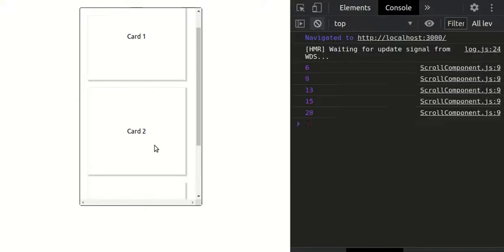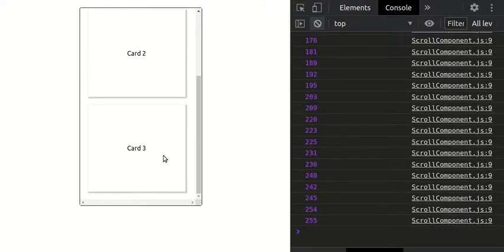So yeah, as you can see, card number 3 is added, and now our scroll bar is at the very bottom, and at this stage just check the value of the top scroll position. It is 255. So you just need to think about the logic by looking at these numbers. So we are getting 255. So why are we getting 255?